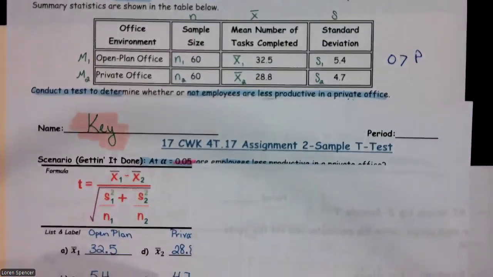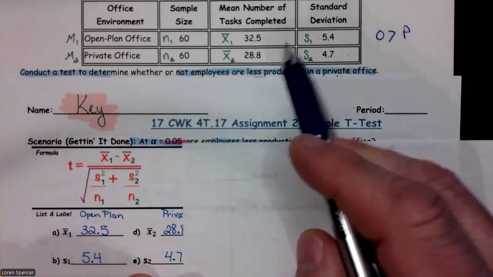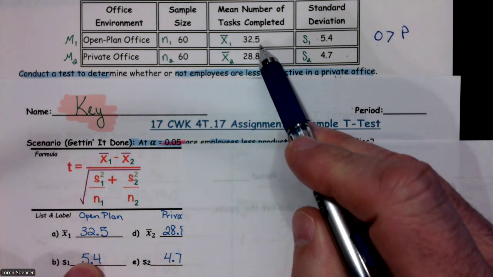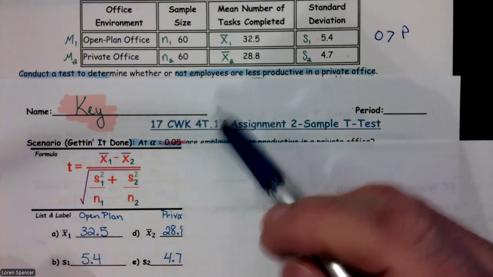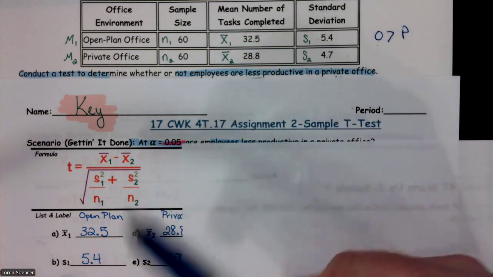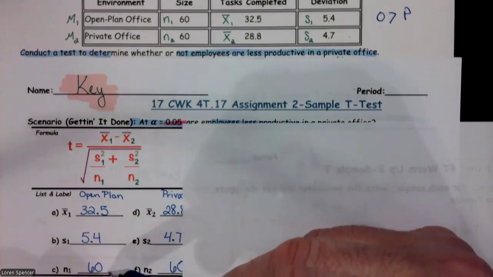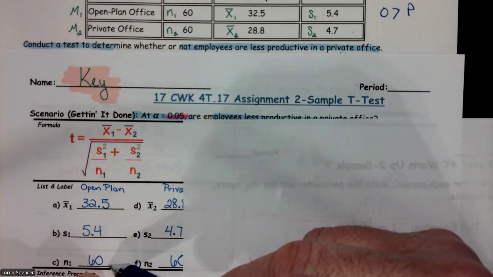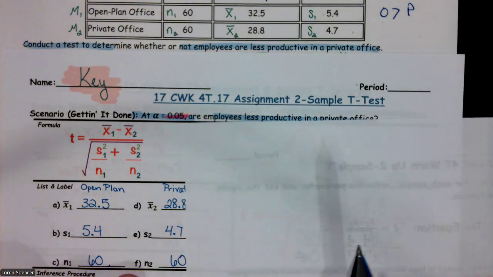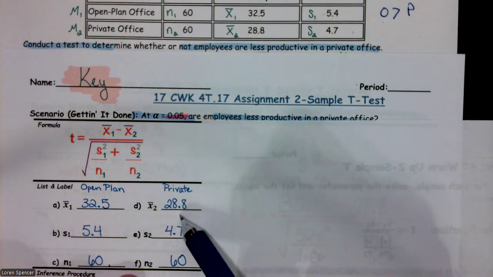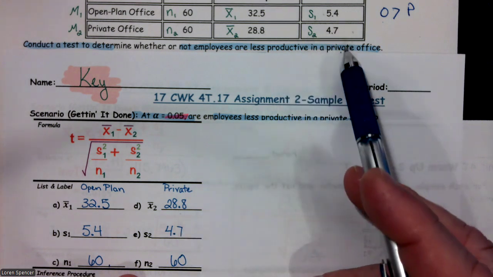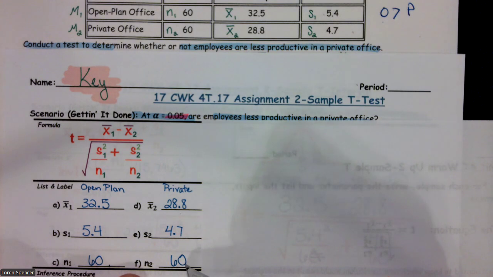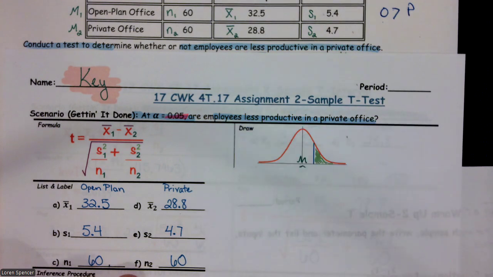But our important information is, here's the X bar 1, 32.5. That's for the open plan. And then we have a standard deviation of 5.4, and we have 60 employees randomly selected for this. On the private, we have 28.8 tasks with a standard deviation of 4.7 right here. And then we have the sample size of 60. So let's go ahead and plug in, well, actually, let's talk about our